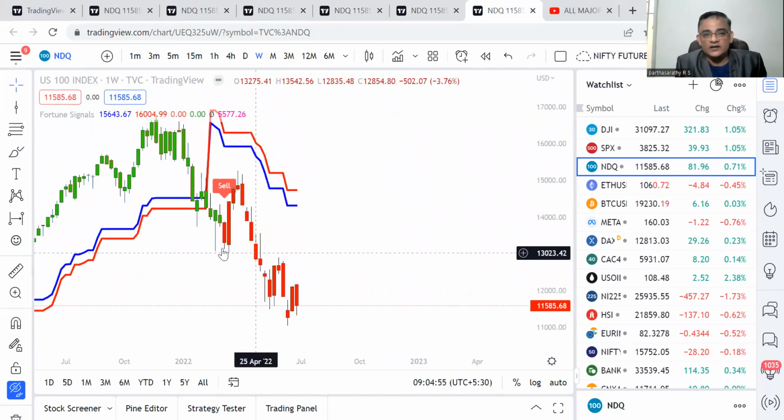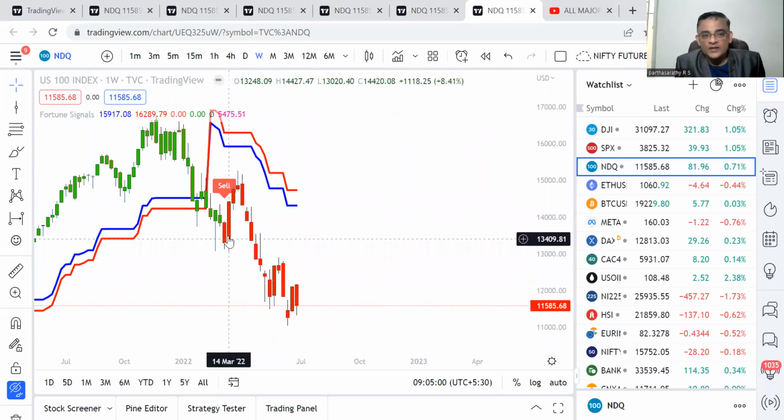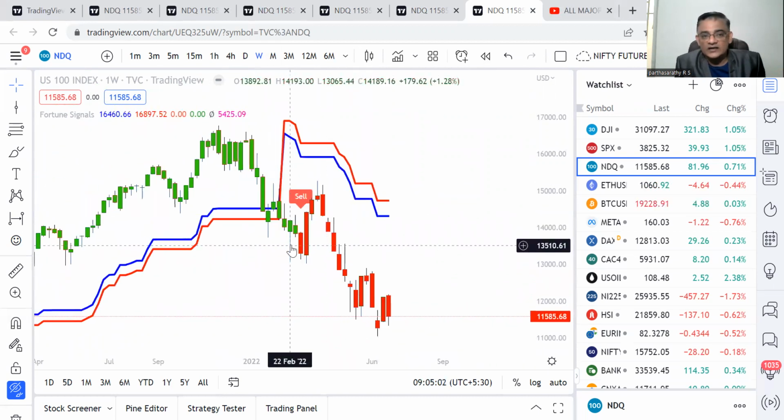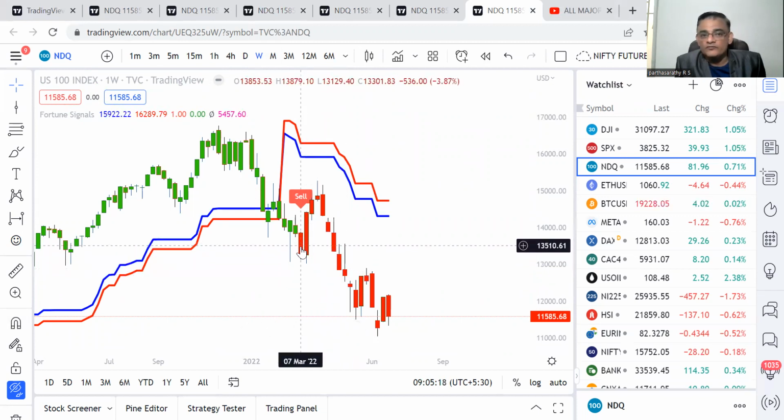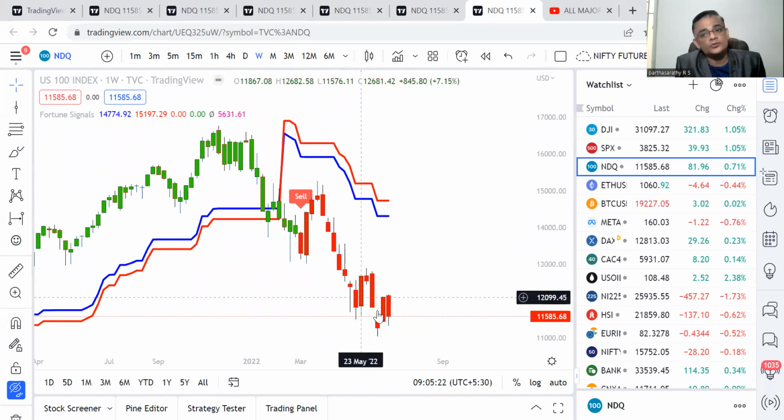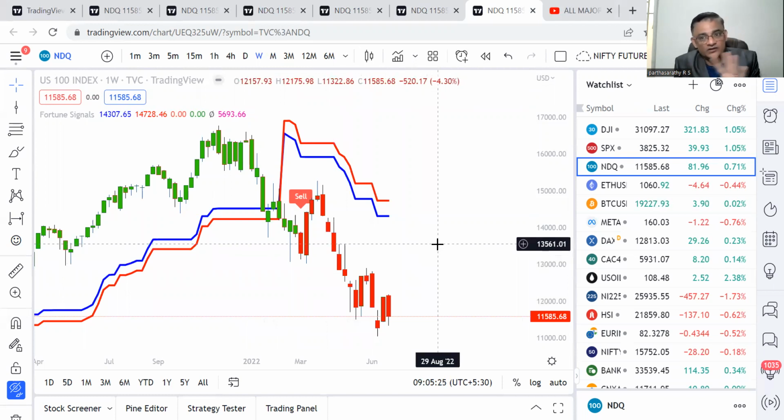Weekly has given a genuine sell, so it is 100% because it gave a sell. After that, it went above. It had not closed below this sell initiation candle, till then it was a fake sell. But once this candle closed below this candle low, which is the 7th March low, it becomes genuine. So it is 100% weak on a weekly trend. Let's go to monthly.